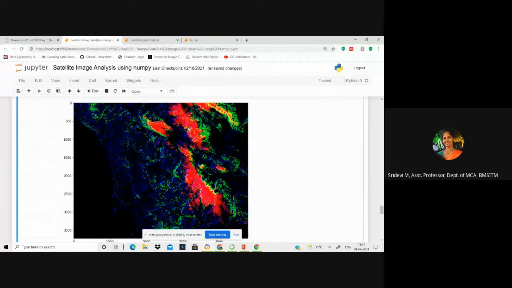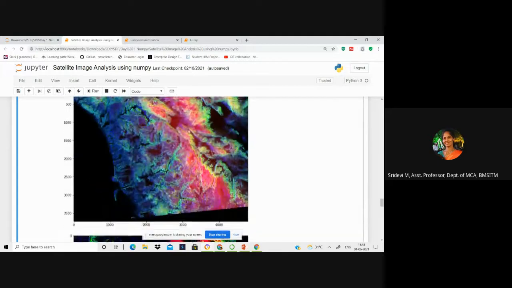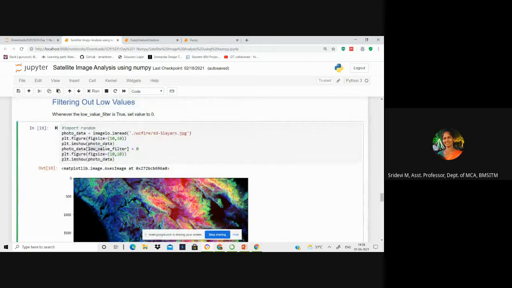Based on them, we can analyze where the forest fire would spread quickly. When there is high red intensity, there is high altitude. If there is high altitude, wind speed may be very high. If there is high wind speed, it may give rise to the setting up of a forest fire and its spreading very quickly, in no time. That is how they can analyze. Okay, so this is how we do that by applying filters to the photo data.